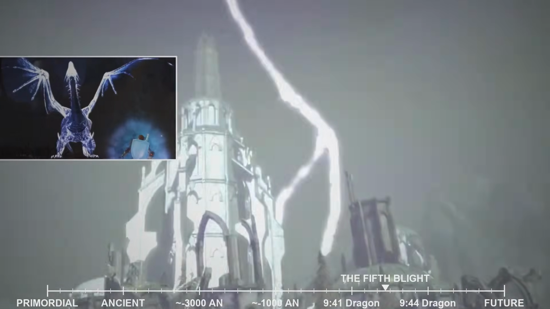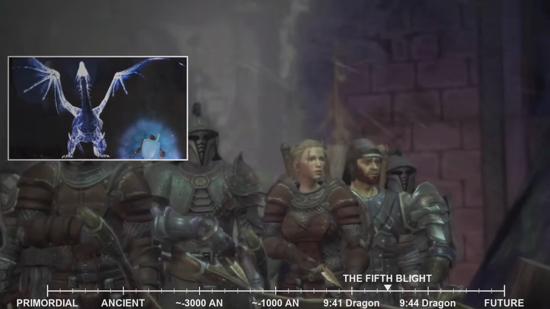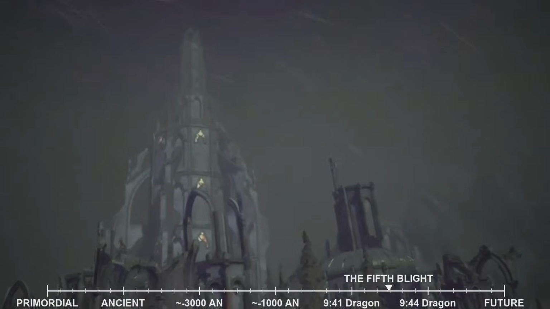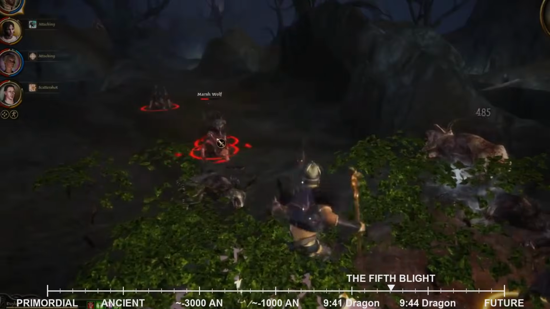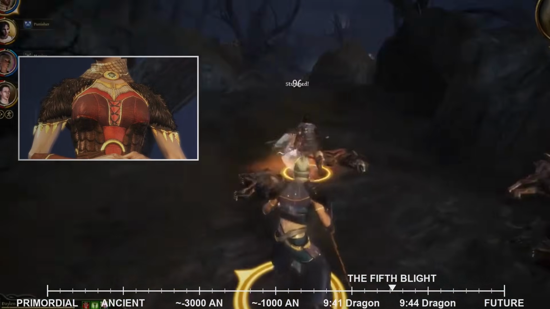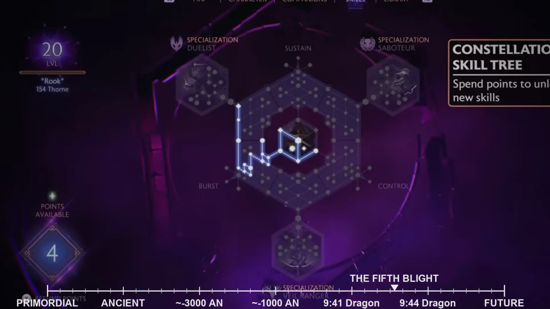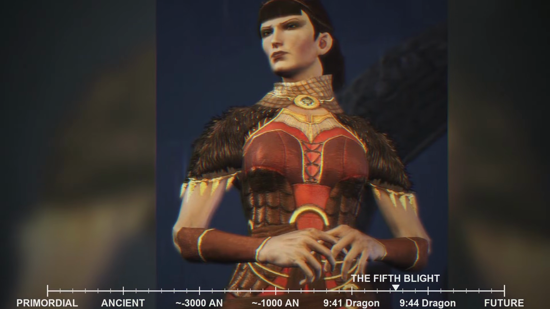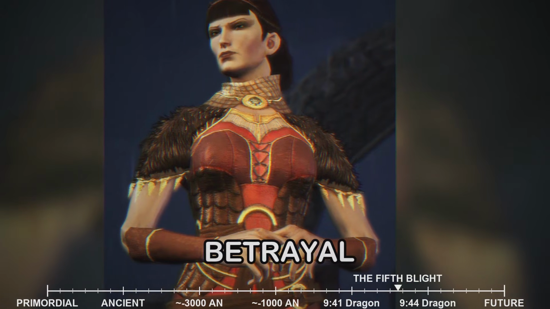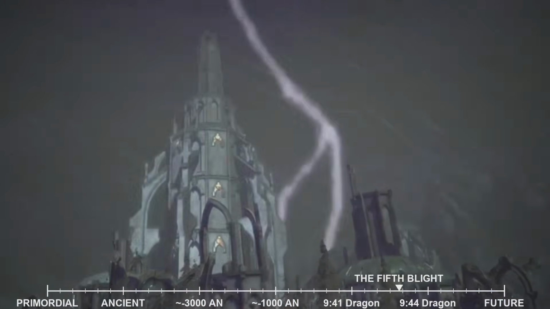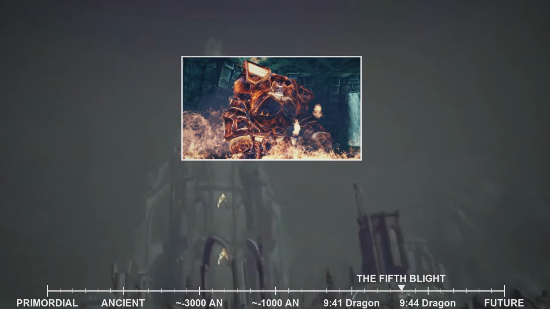The trail of the Architect eventually led the Warden Commander to the desolate and spectral region known as the Black Marsh. This eerie, fog-shrouded land, steeped in tragedy and haunted by restless spirits, was a stark contrast to the verdant lands of Ferelden. Here, the Warden Commander encountered the spectral form of the Baroness, a tormented spirit trapped between worlds, forever reliving the horrors of her past. The Baroness's story was one of betrayal and despair, her essence bound to the Black Marsh by a powerful magical artifact. To navigate the Black Marsh and uncover its secrets, the Warden Commander had to contend with the Baroness's grief and the monstrous golem that guarded her domain.